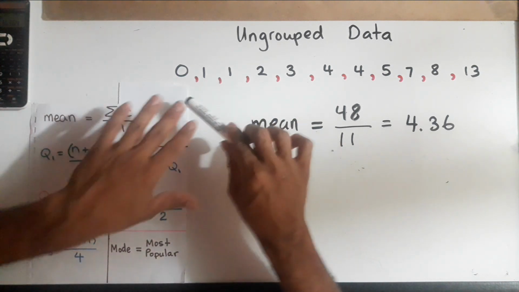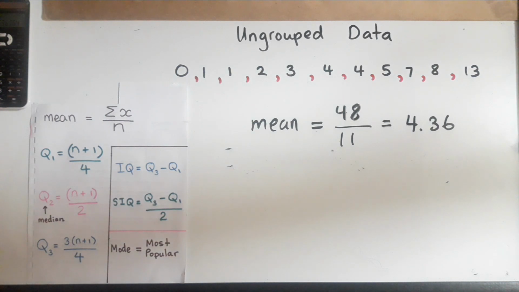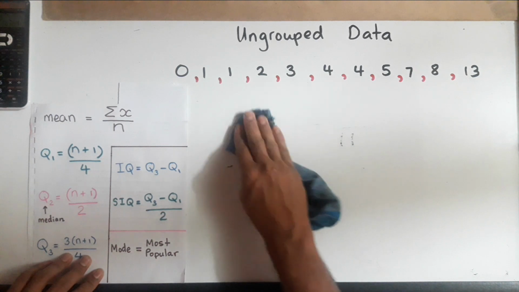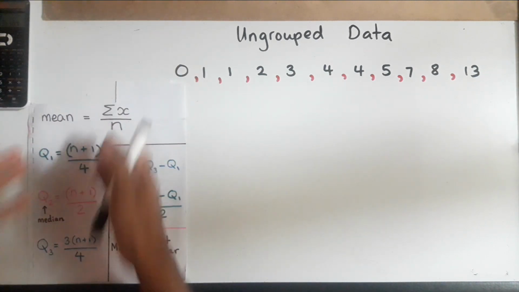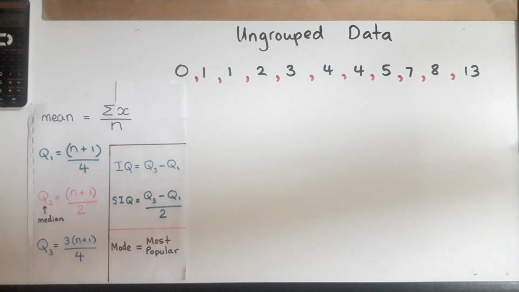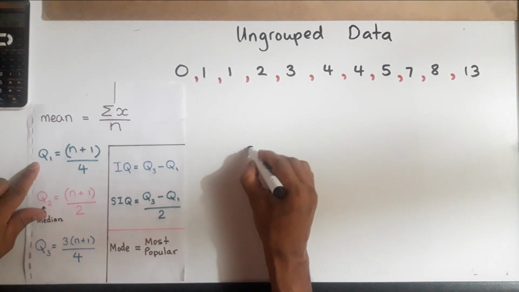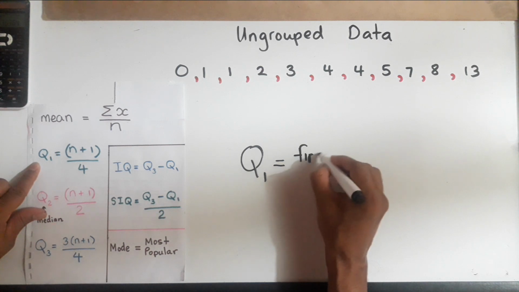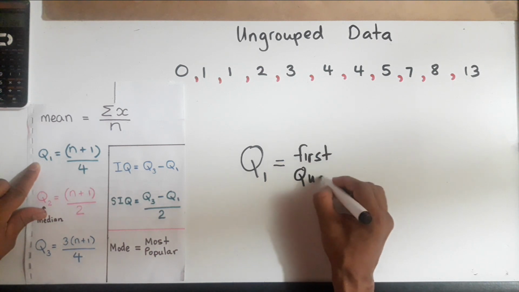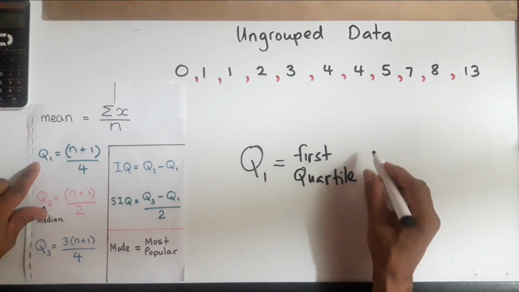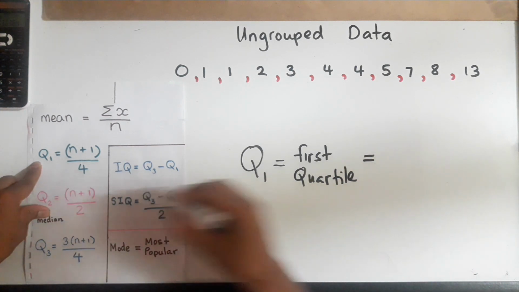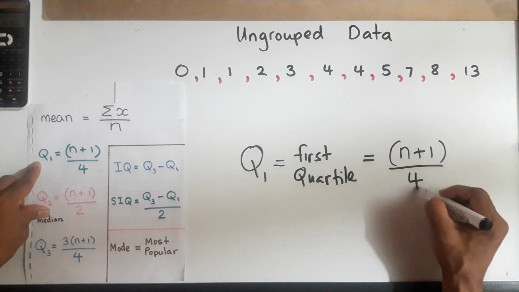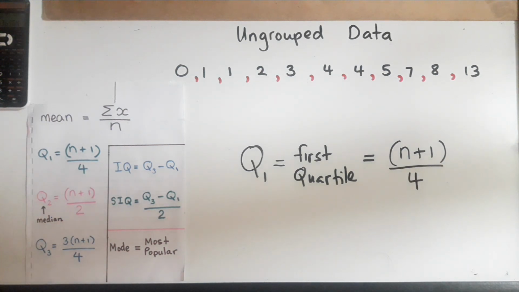So, I just refreshed your memory on how to find the mean. That's probably the easiest question. So, what about the other guys? Did this formula sheet here? You see lots of formulas here. Well, there's one called Q1, right? Q1 is also called the first quartile. And to find the first quartile, I gave you a formula there, n plus 1, and then you divide it by 4. So let's explore how to use this formula.